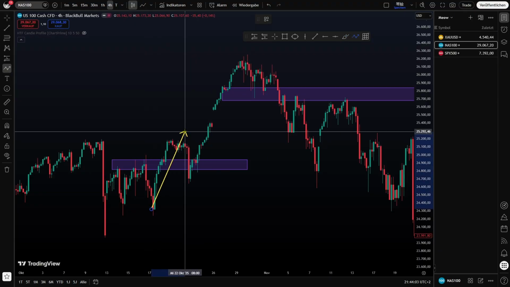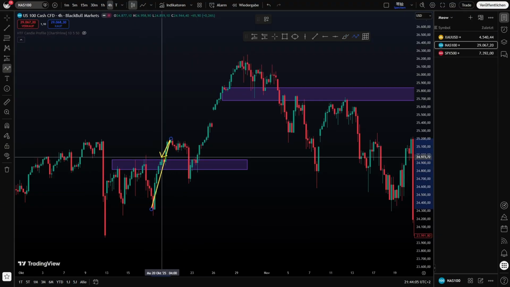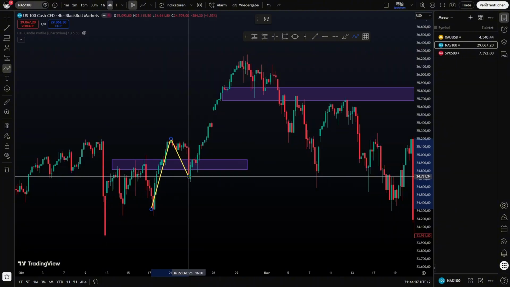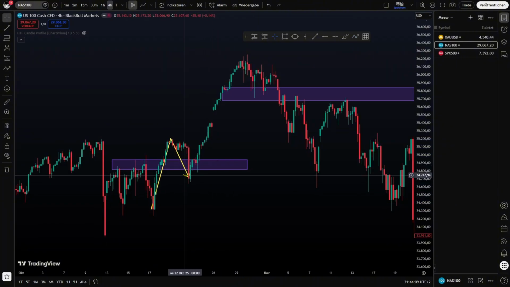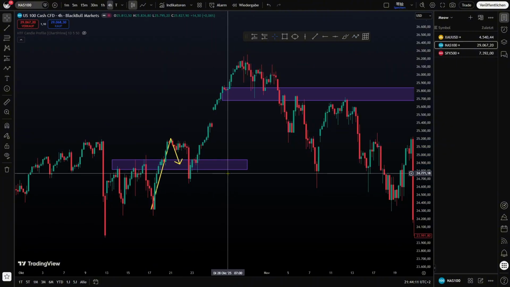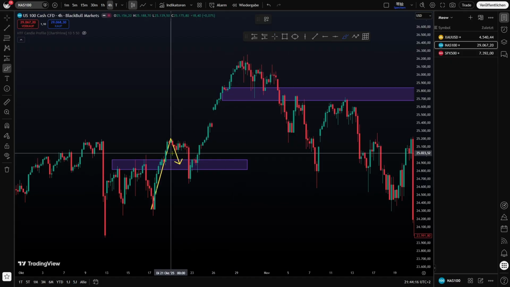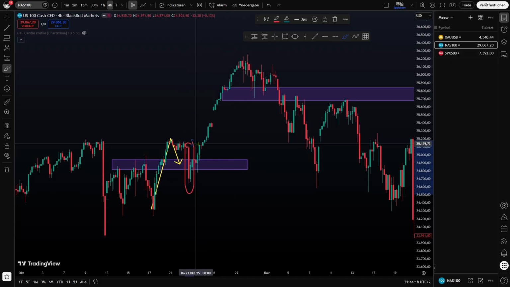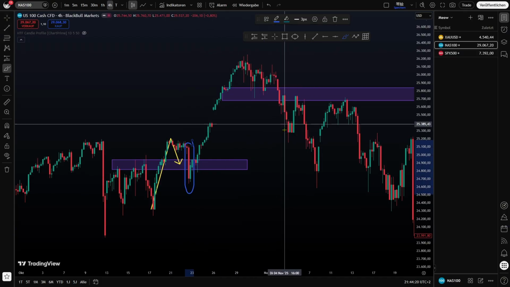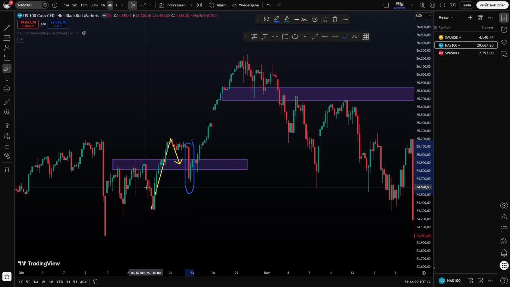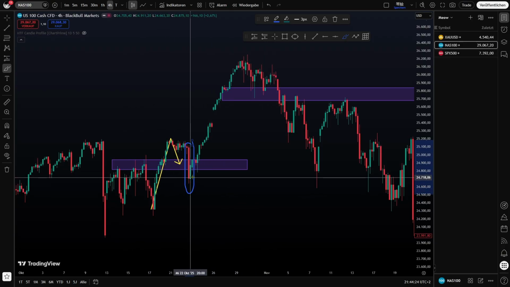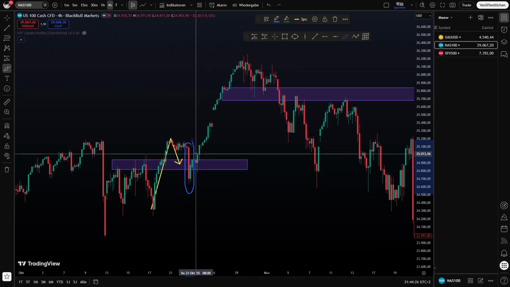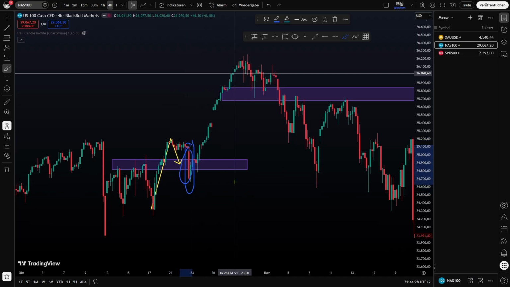For example, we break the zone right here. As you can see, we break the zone past the resistance, so this is actually a support zone now, and we come into the zone. But what happens as the price is touching into the zone? You can see this pretty fat red candle forming right after. So I personally wouldn't like to take a buy from the zone,